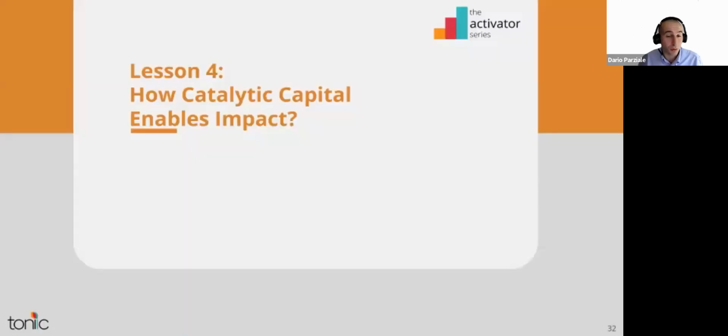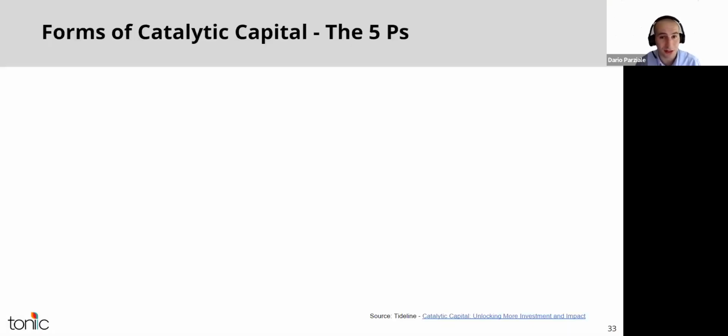In Lesson 4, we will unpack the various mechanisms by which catalytic capital enables outsized impact. To begin, let's discuss the forms of catalytic capital and how they enable impact. The framework that we'll present is called the 5 Ps, and it comes from an important Tideline report released in